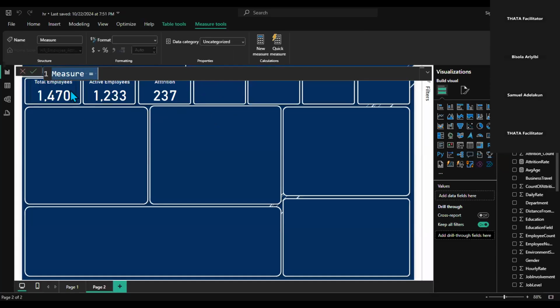Active employee. For total employee, we used total employee count. Then for active employee, we used active emp. So now I'll call this one rate attrition, or attrition rate. The reason I'm using rate attrition is because in the previous class, I've already used attrition rate as a name. So we can't have two names,